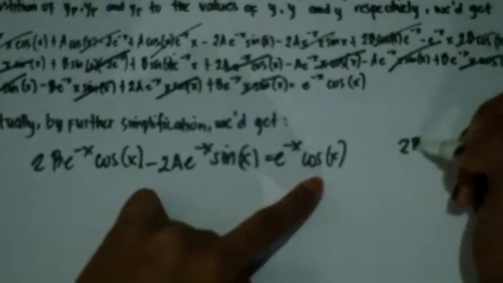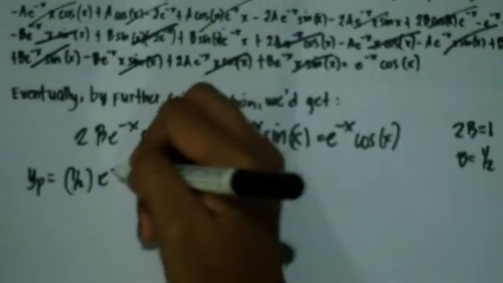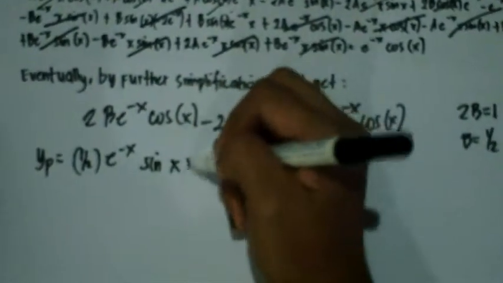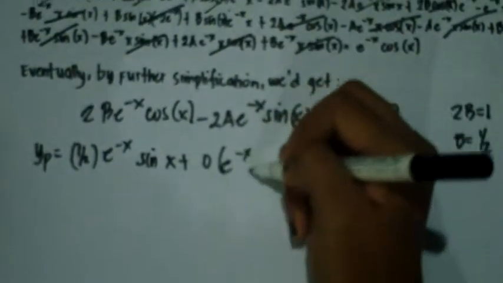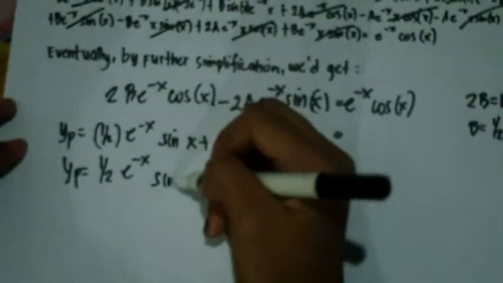Now, getting the coefficients of e to the negative x cosine x, we get 2b is equal to 1 and negative 2a is equal to 0. Hence, our b is equal to 1/2 and our a is equal to 0. Now, we go back to our particular solution and we substitute the values of a and b to give us our yp, which is equal to 1/2 x e to the negative x sine x plus 0 times the quantity of x e to the negative x cosine x, and this would just cancel out, so our particular solution is just 1/2 x e to the negative x sine x,